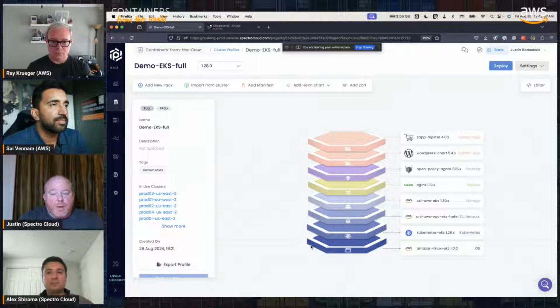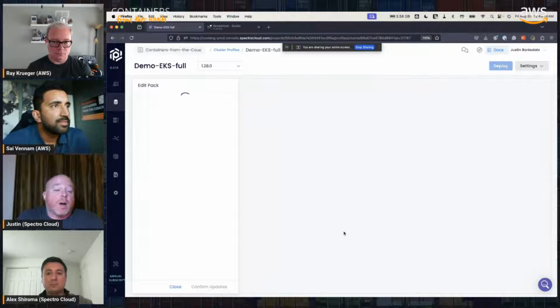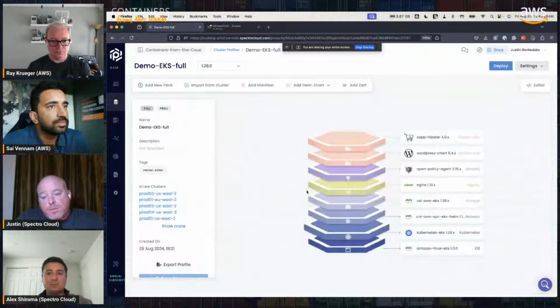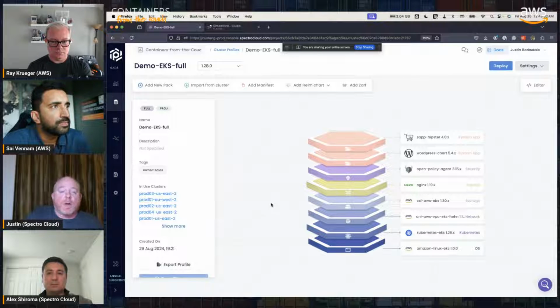And while we talk about the profile and these layers, really it gets down to who's the person building this. We want the person building it to be most likely not the person consuming it. It's most likely not a developer who's responsible for building these profiles. So we give that Kubernetes operator the ability and flexibility to tweak the knobs they need to. And so you can see they have really complete control over what that pack might be within the profile. And then they can save this so that it can be consumed upstream.